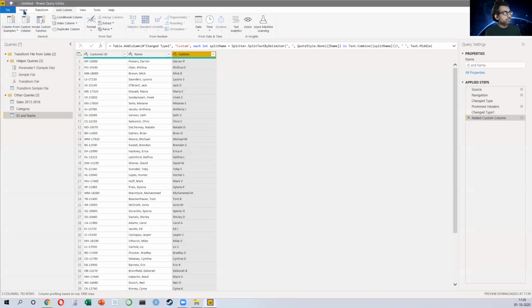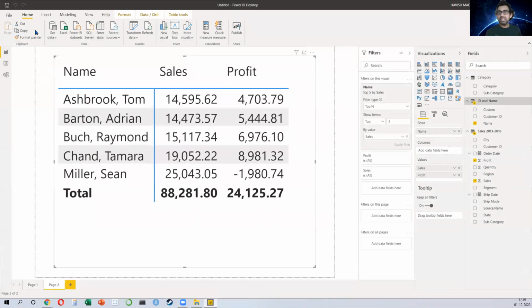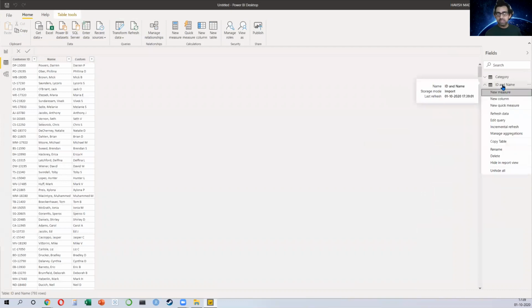I'll click on close and apply. Now there is no option to save it as an Excel because Excel can only be an input, but there is a workaround. I can go to model, the second one, which is the data view. Here in the data view, you notice I have my ID and name. I can simply right click, copy the table and then paste it into an Excel file. But when you paste it in Excel, it will only get pasted as a value, not as a formula. Remember? For example, how the past Darren is getting converted to Darren P, that will not go in Excel. Only the values will go in Excel. It's just a static copy and paste, like a paste special value, right?